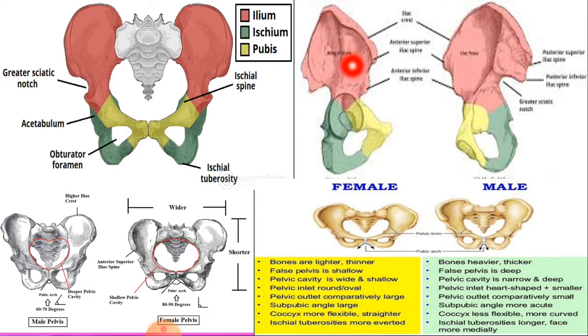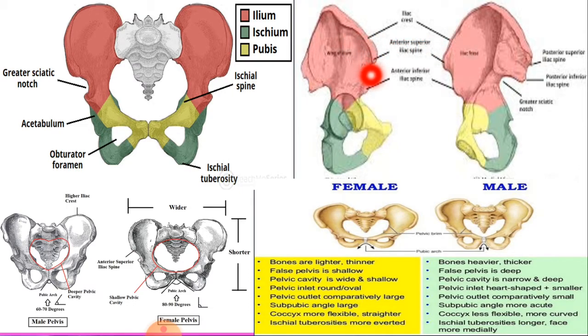The anterior curve of this iliac crest is called the anterior superior iliac spine, and the curve that is inferior is called the anterior inferior iliac spine. So first of all, this flattened upper part of the ilium bone is what we are calling the iliac crest,